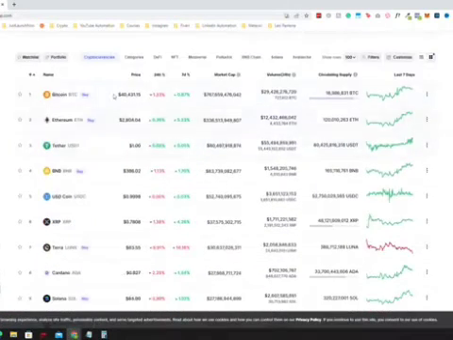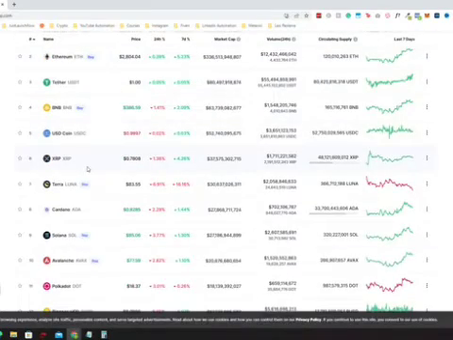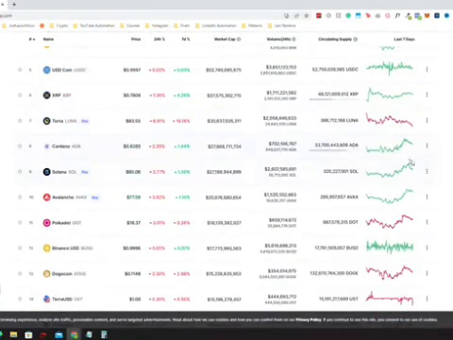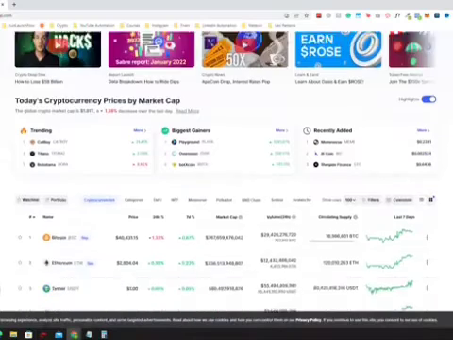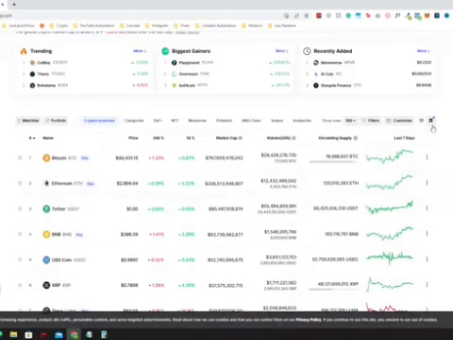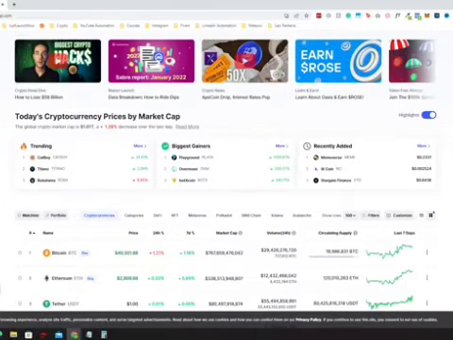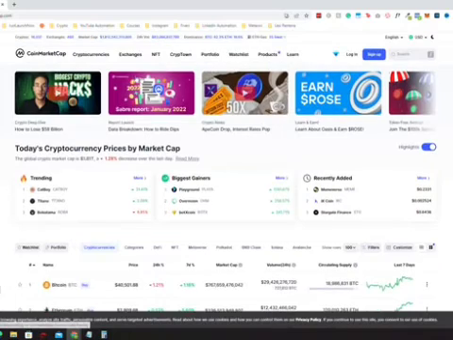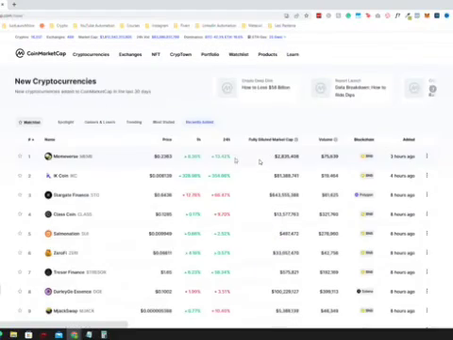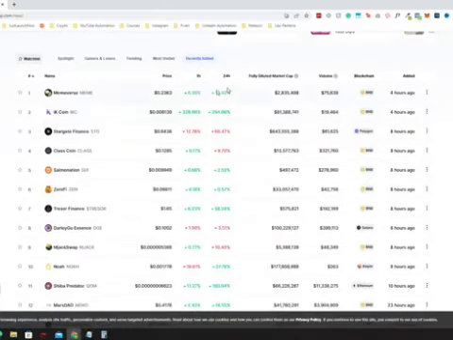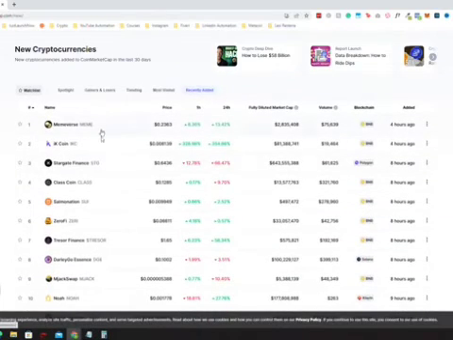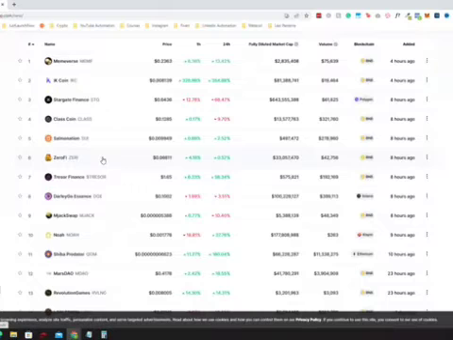every top coin you see here, from Bitcoin, Ethereum, Tether, BNB, XRP, Terra, Cardano, Solana, all the coins here. Plus, I'll also be covering all the newer altcoins. If I were to go to recently added, so all the new coins that you see here that are recently added, I'll be covering these projects, who they